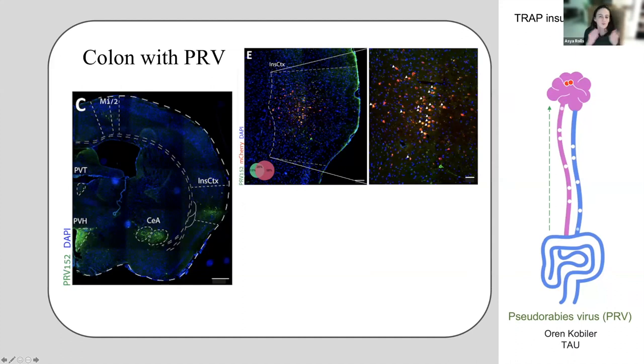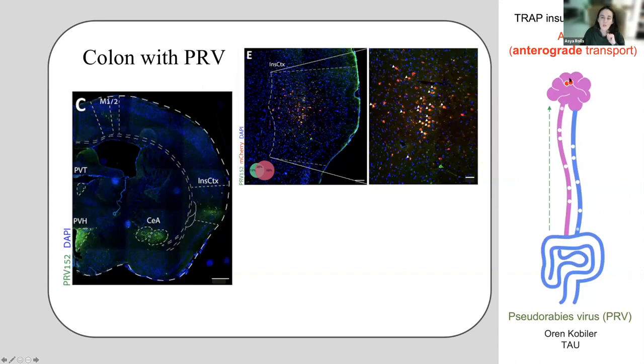And then we wanted to do the same thing with the peritoneum. We injected the virus to the peritoneum, but mice did not hold on. So they just died before we could see any trace in the brain. And this was difficult, and maybe because they need to go through more synapses, we don't know, maybe it's something in the inflammation. So now we decided that, because we need to shorten the duration that is required to see a signal in the brain,